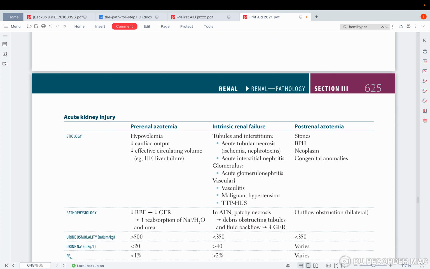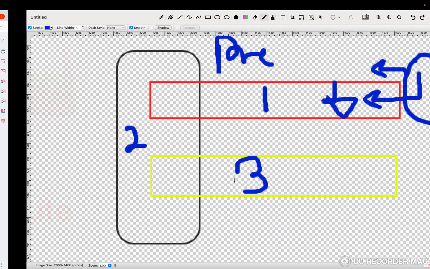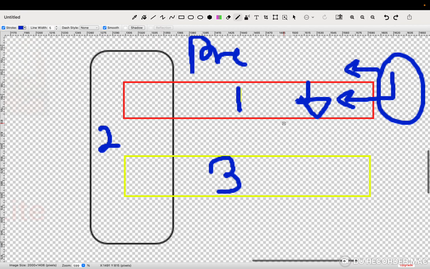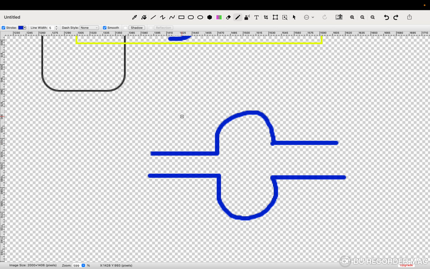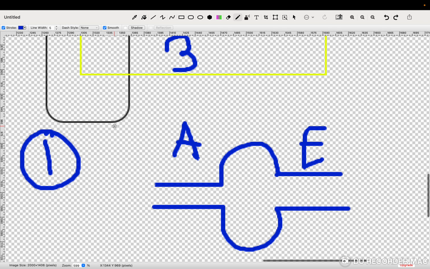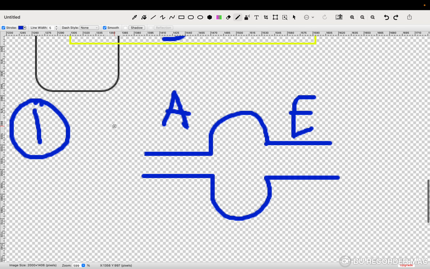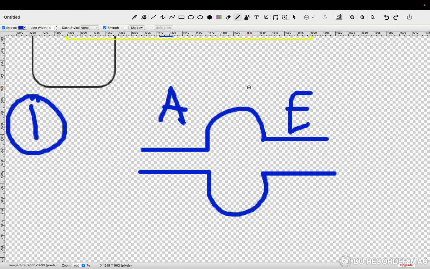Continuing about the pre-renal azotemia, I want you to know one thing. Okay, let me draw this. This is afferent arteriole, this is the glomerulus, this is the efferent arteriole. Okay, can you tell me please, just write up or down, what happens to the amount of the blood going to your afferent arteriole in a pre-renal azotemia, which was pathology 1. It will be down. What happens to the amount of the blood inside of your glomerulus? Just write up or down.